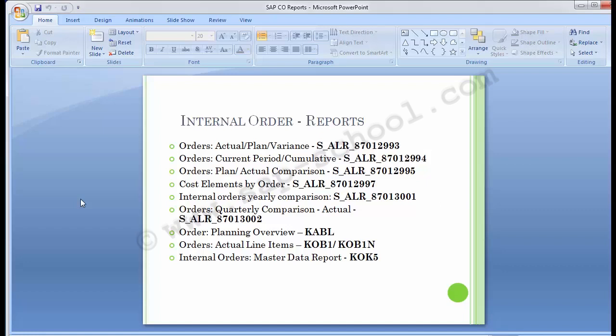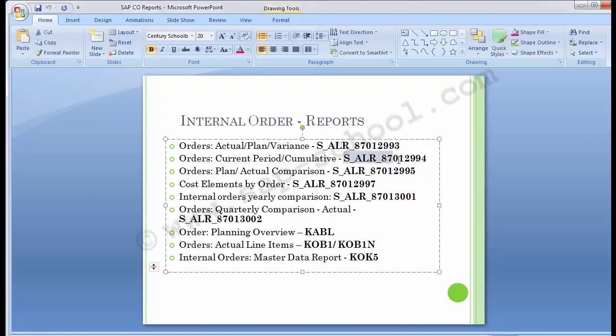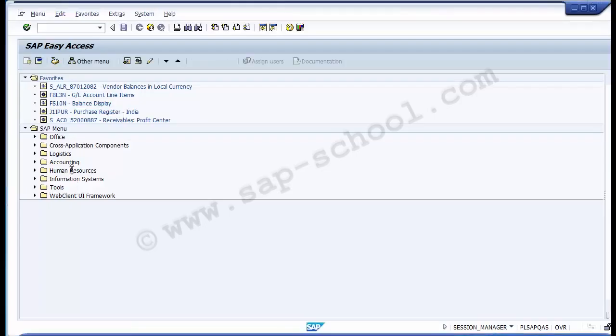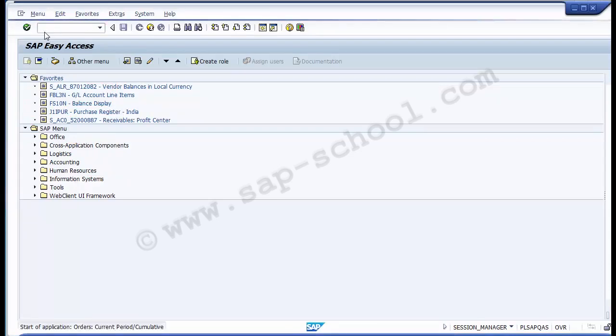So those things is a call which the internal management needs to take. So moving up to the next report is order current period versus accumulative. The second report is S_ALR_87012999. So moving to the second report now, this will show you the comparison from the current period to the